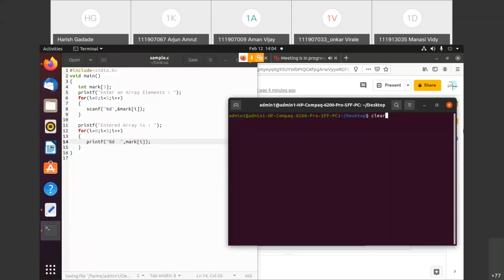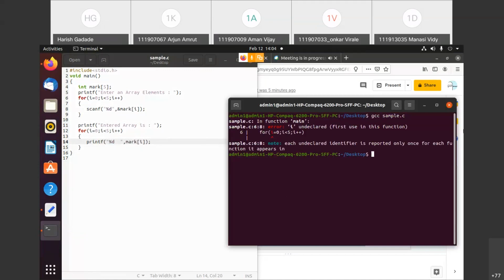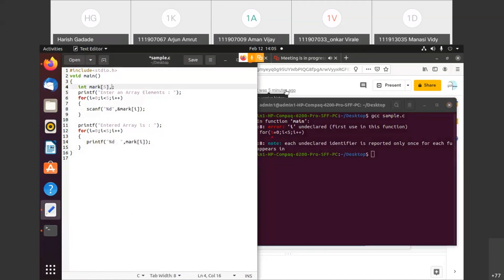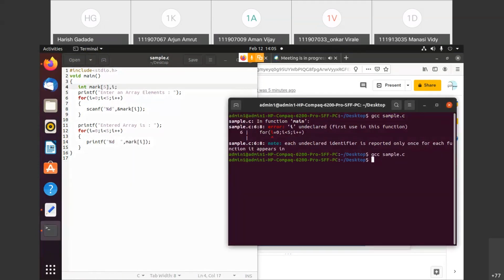Let me see. Oh, somehow that i is not declared. So you can see it is compiling. Now it says enter an array elements, because this statement is getting executed.